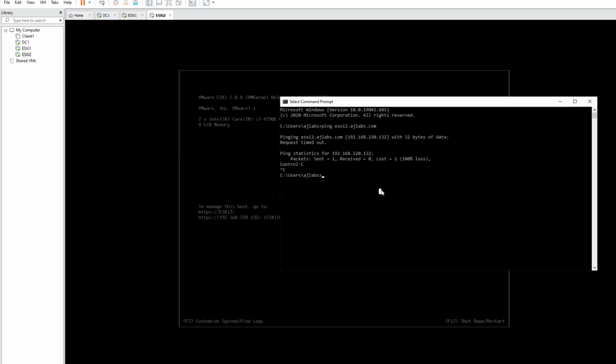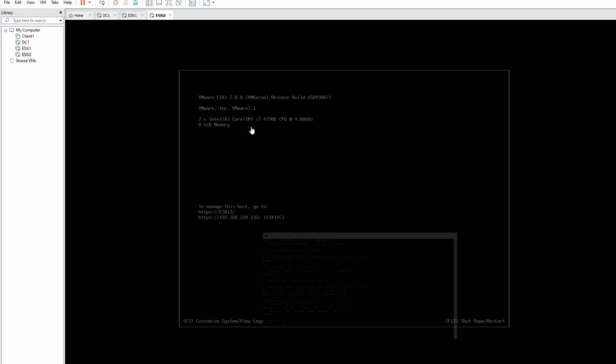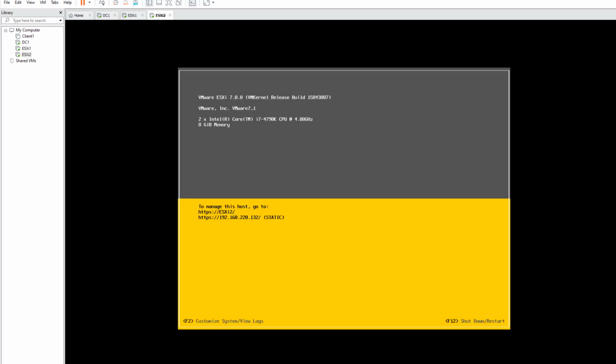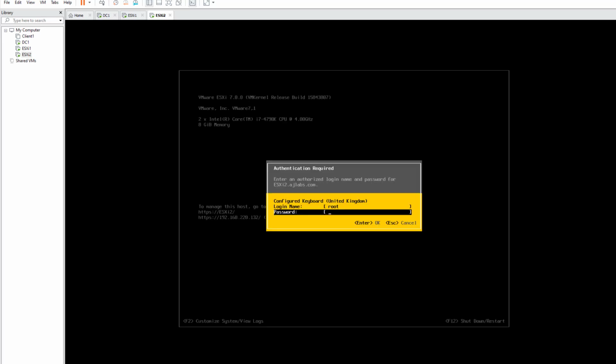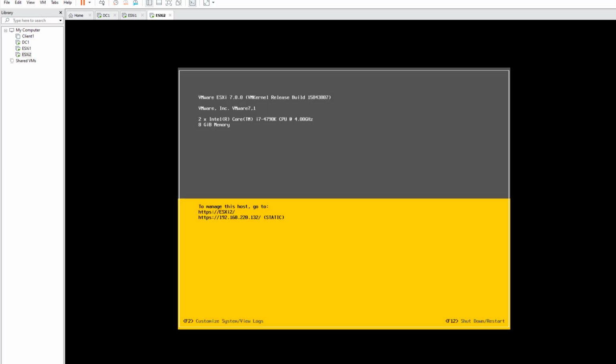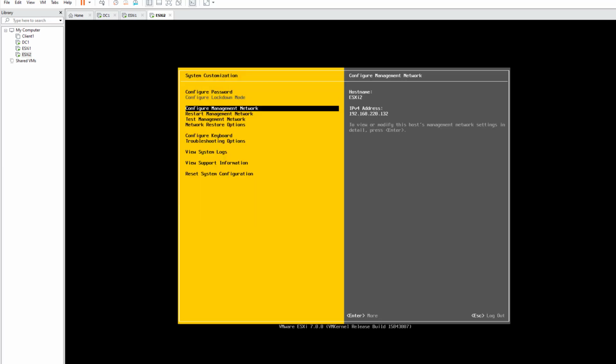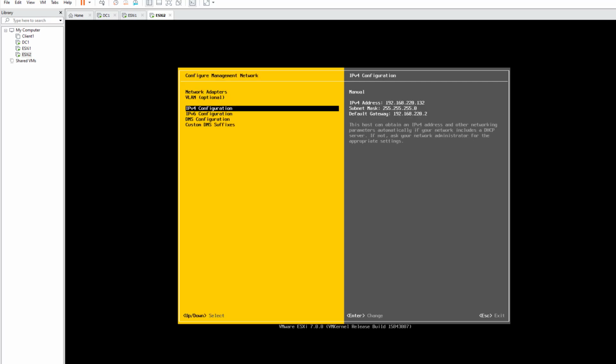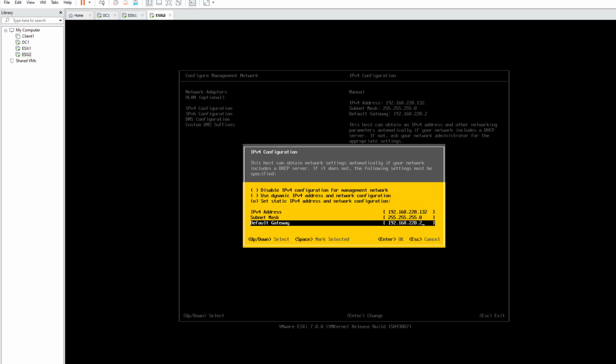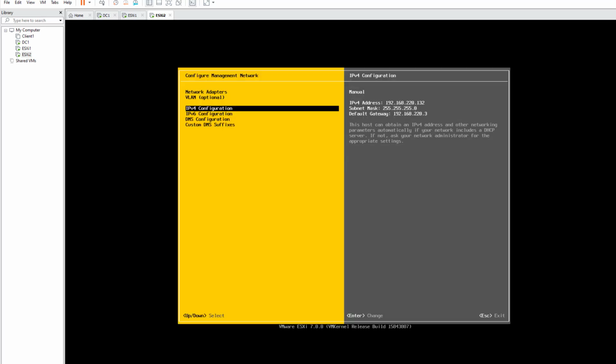Let's see if we can ping ESXi1. Yes, we can. So what we need to do is change the default gateway on this server here. It's very important that you make sure you get your default gateway settings right. Okay, let's log in. What we're going to do is go to configure management network, IPv4, and change our default gateway to .3. Click OK, press escape,